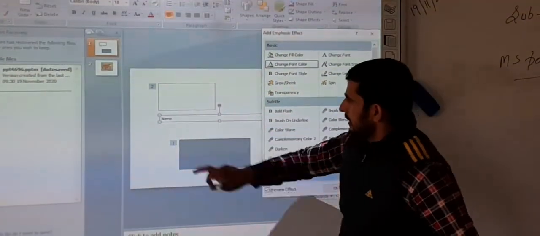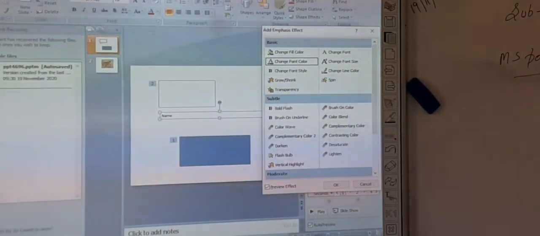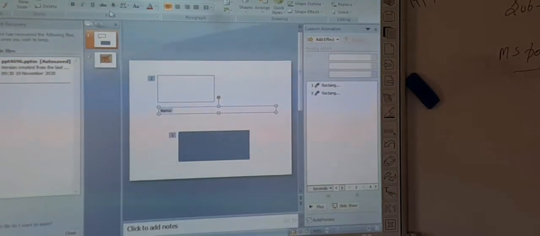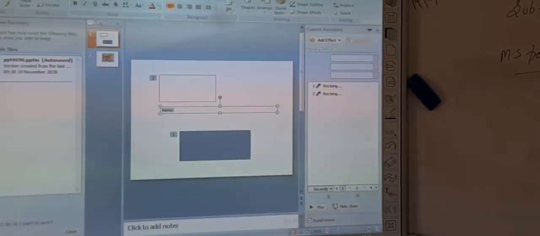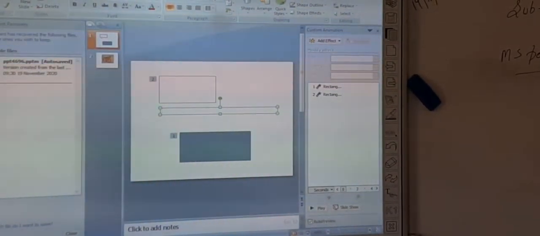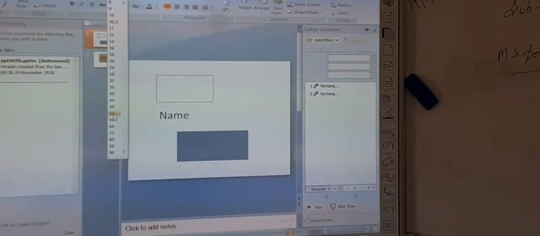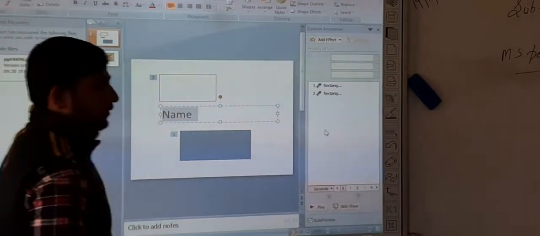Okay, let me first change the size of that so that you can see clearly. Okay, now you can see that.